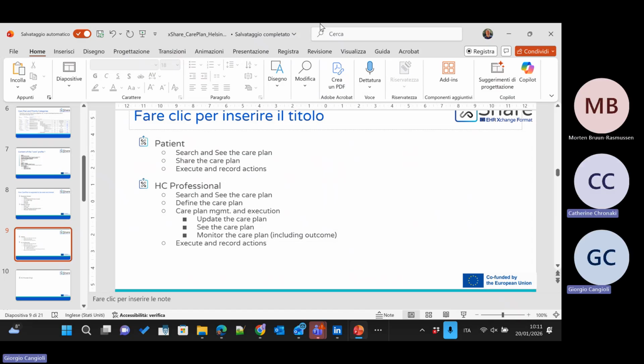Search and see the care plan, define the care plan. It should be defined. Update, see, monitor. Execution. I try to see because there is some overlapping between the two.